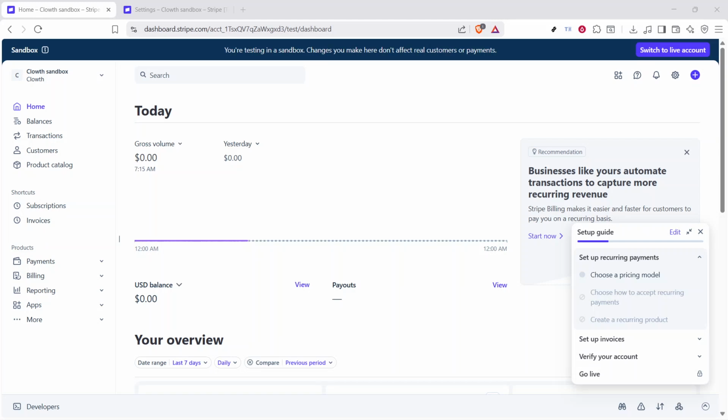In today's video, I'm going to teach you how to delete a Stripe account. If you no longer need your Stripe account and you want to close it properly, this process is fairly straightforward. In this walkthrough, I'll show you exactly where to go inside the Stripe dashboard so you can find the account